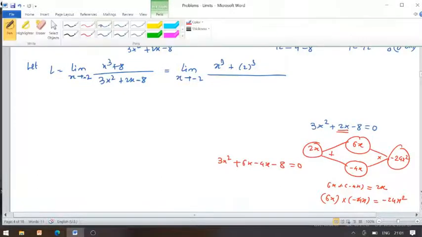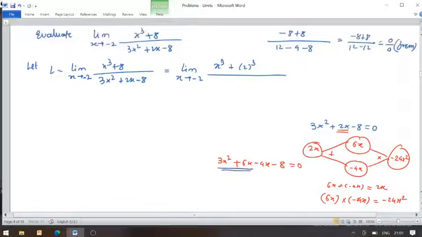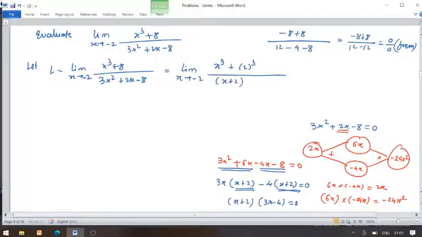Now you may make the pair from left hand direction to the right hand direction. From the first pair we can easily take it outside thrice x, remainder becomes x plus 2. From the second pair we can easily take it outside as a minus 4, remainder as the x plus 2. Now both terms having one of the common factor as x plus 2. So remainder becomes thrice x minus 4, that is equals to 0. So the denominator having the factors now x plus 2 into thrice x minus 4.